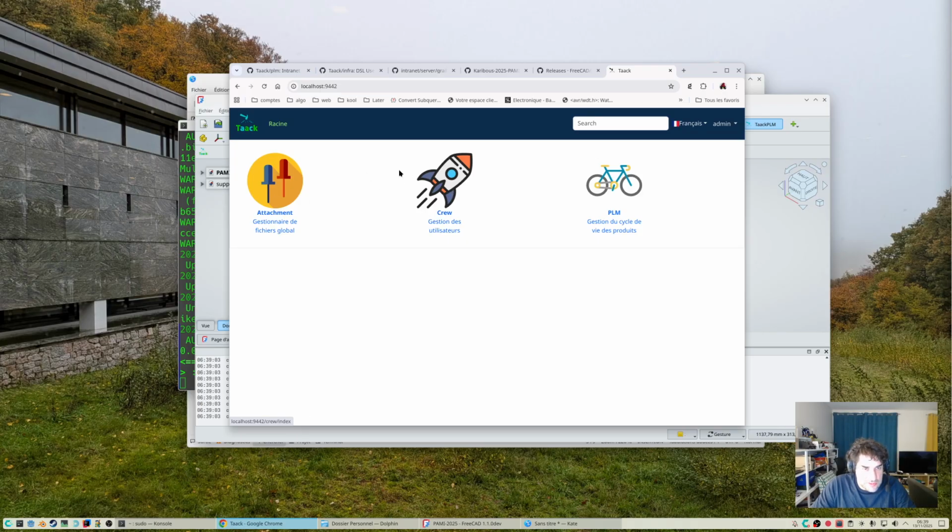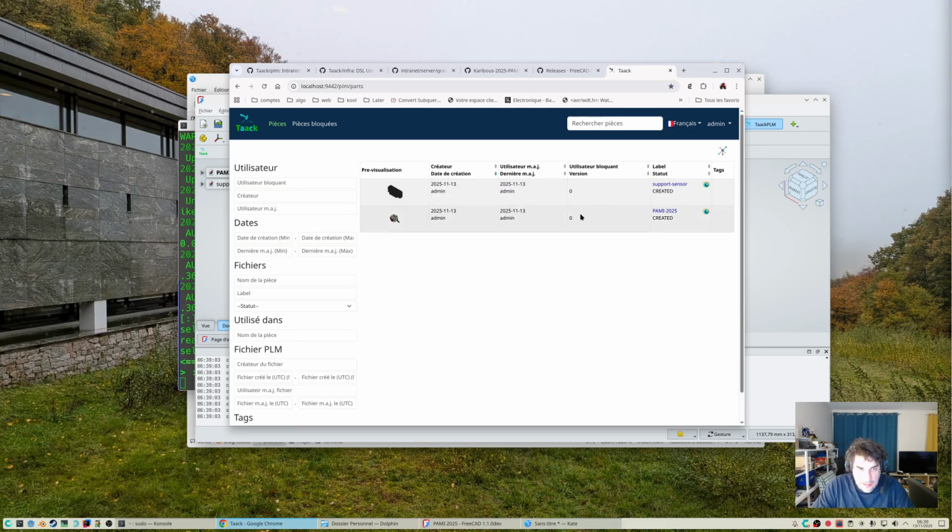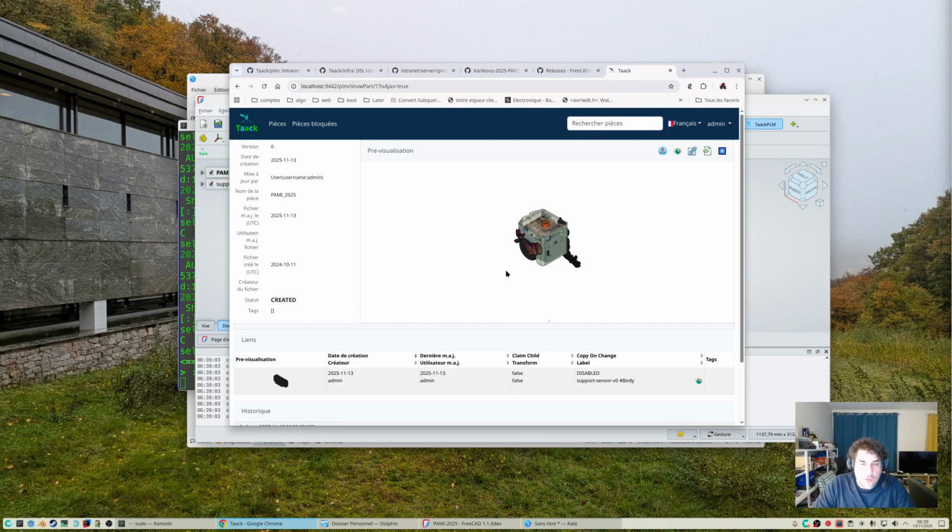Those two applications are located in the crew folder, and the PLM application is located in the PLM folder, in the app folder of the intranet. So here we see that we have two files. We have our robot and the link to the other file, to the features in this file, and the version also of these features.